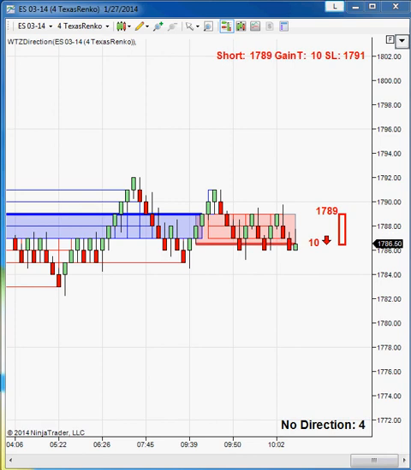So I'm looking for a trade on the sell side, and I want to take a chance. Let me see what happens. Anyhow, I'm in, and let me see. I will guide you through this trade. If they go against us, our stop loss is 1791, and we have a short opportunity at 1789, but we are in